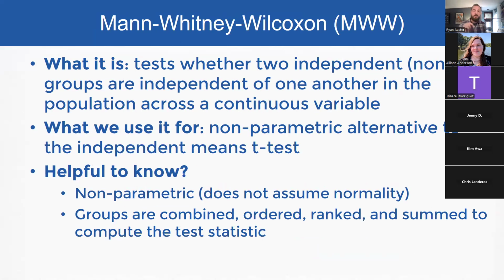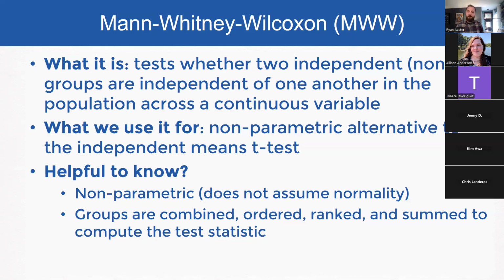The Mann-Whitney-Wilcoxon, as you remember, is the non-parametric alternative to the independent means t-test. In other words, I've got a continuous rating. Let's take any one of the 0 to 10 ratings on the COVES survey that we know is not normally distributed, but we want to compare two groups within our sample. So we're going to test these two groups to see if they're independent of one another. The non-RM there means non-repeated measures.